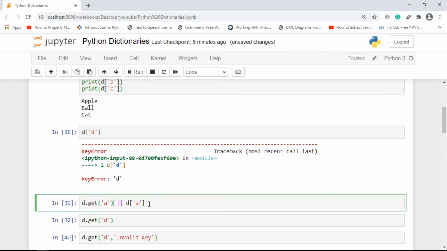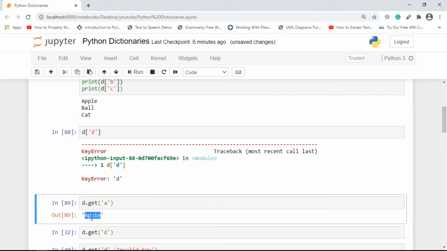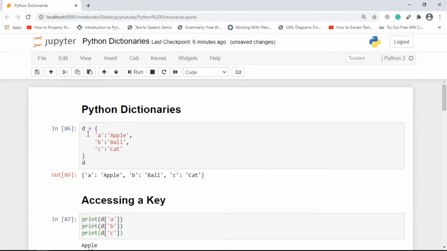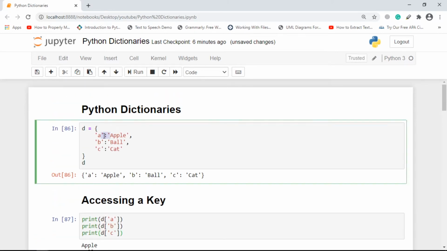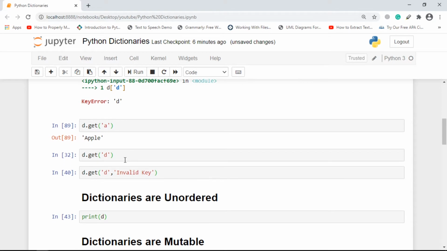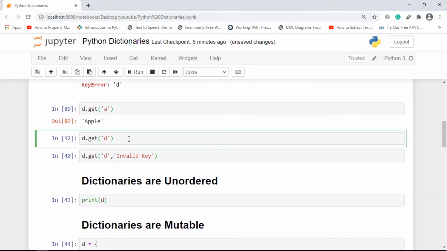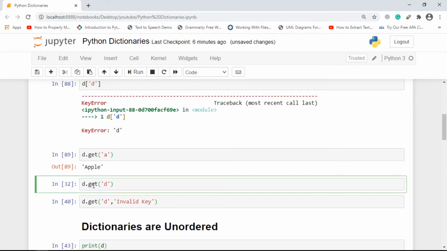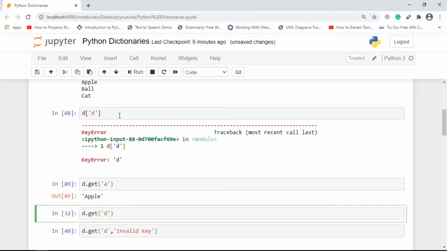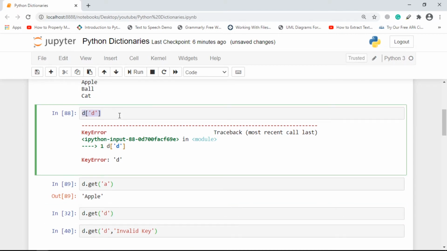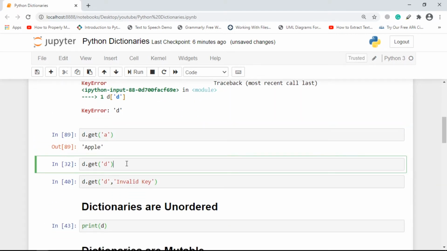But if the key is not present, instead of raising an exception, it will just return nothing. Here, if we give it a go, we get apple because the A key has the value apple. Now if we do D dot get D, which earlier gave us an exception, we are not getting any exception.